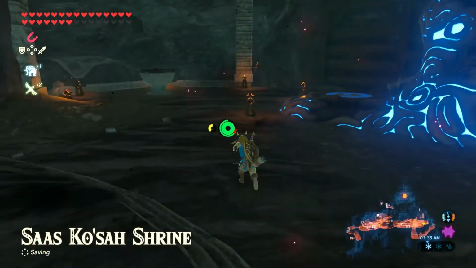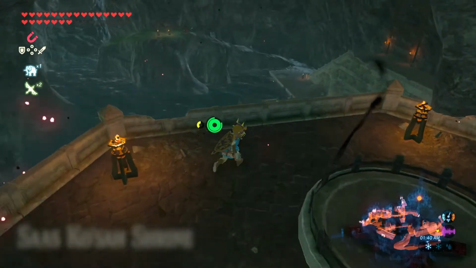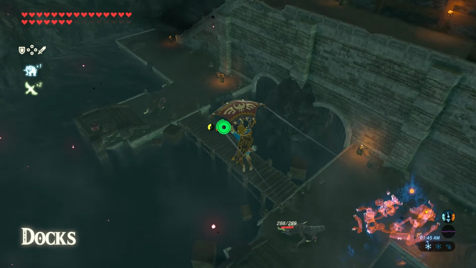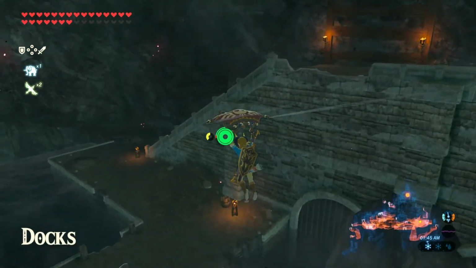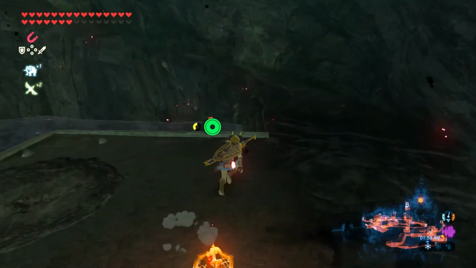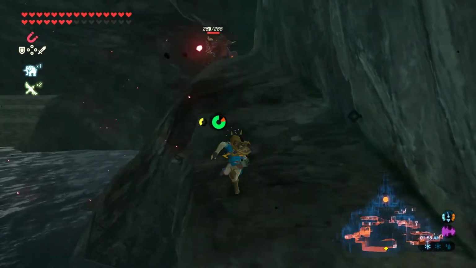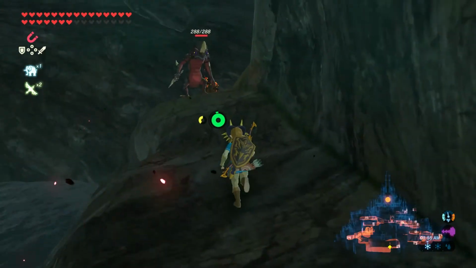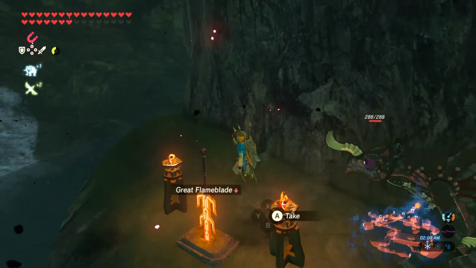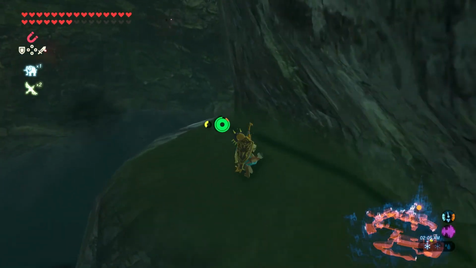Sauce Kosa Shrine. Nice. Okay, so we're back where we started. And specifically, what I would like to do, so there's the docks, is I'm thinking we can take the little tram that we took in here in the first place, or at least that we were supposed to take, and take it back across. We also have a great flame blade over here in a pedestal. But what we're doing is we're heading to the outside of the castle